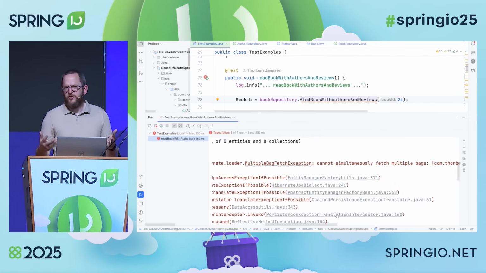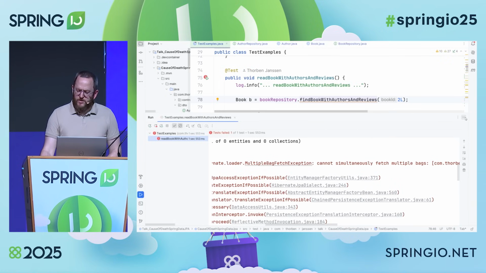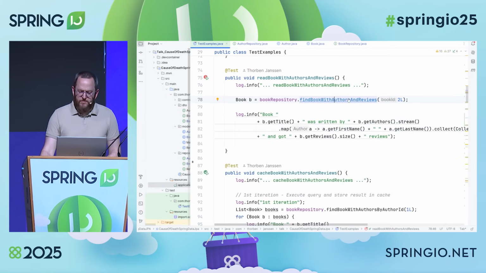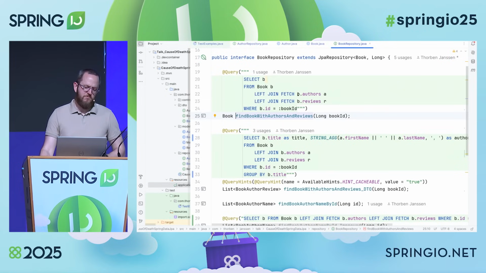I mean, Spring Data JPA integrates your JPA implementation into the Spring stack and gives you the repositories that we hopefully all like. But that means we live and die with the implementation that we actually use for JPA, and that means we have to be aware what's underneath Spring Data JPA and how that actually works. So some of you probably have seen the multiple bag fetch exception, and it says, well, I can't fetch multiple bags simultaneously.